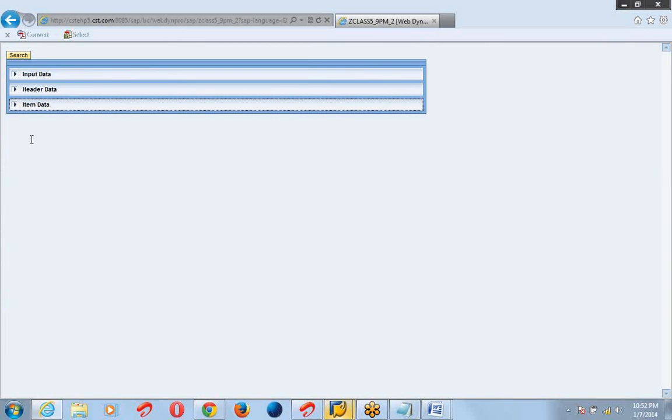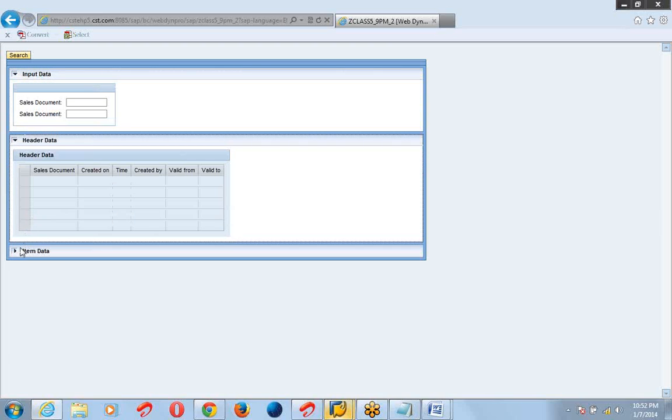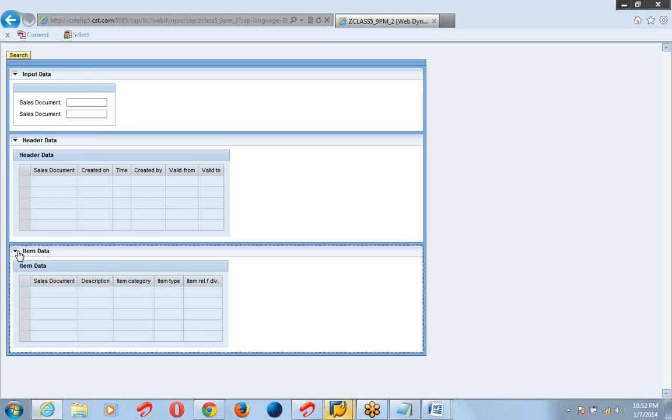There is no table and there is no form. You can expand any form, anything here.